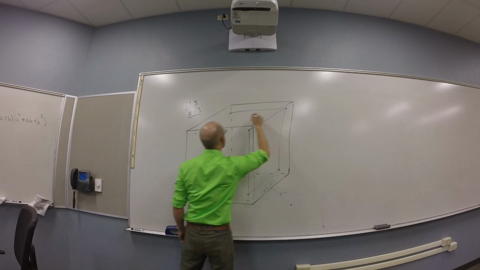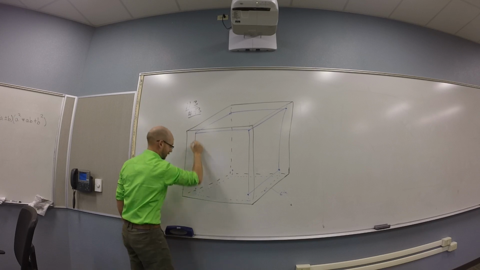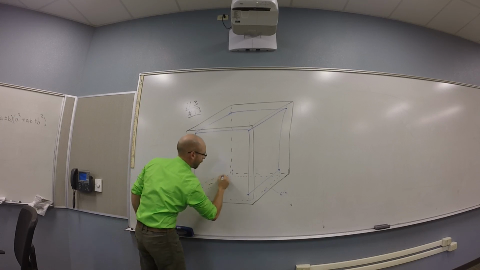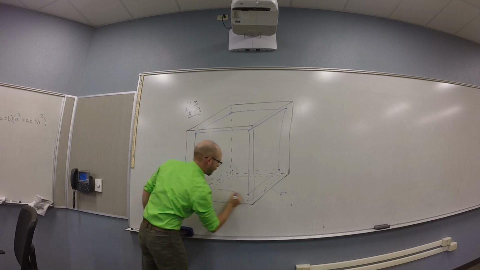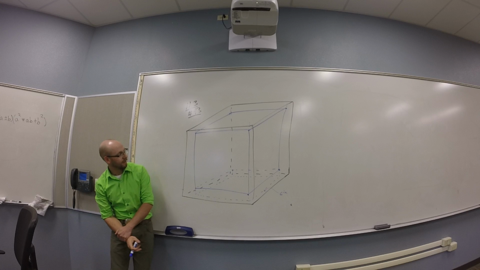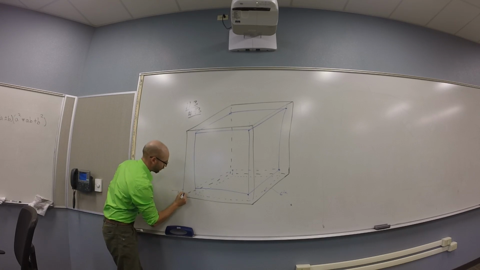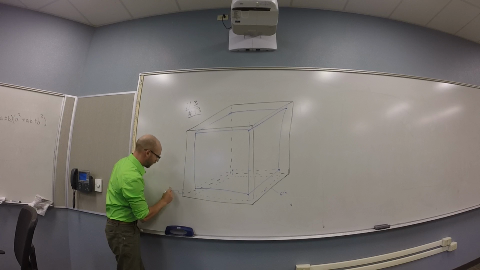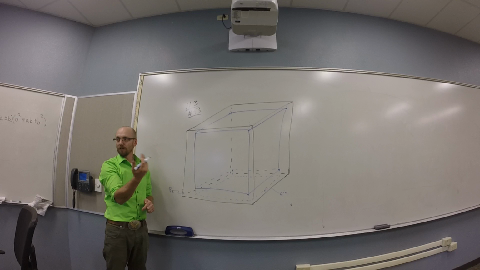Okay, I'm wasting a lot of time drawing this. Looks good. Okay, so I have my blue cardboard box inside my black wooden crate. And I know that I've got a foot top and bottom gap, and then all around the outside